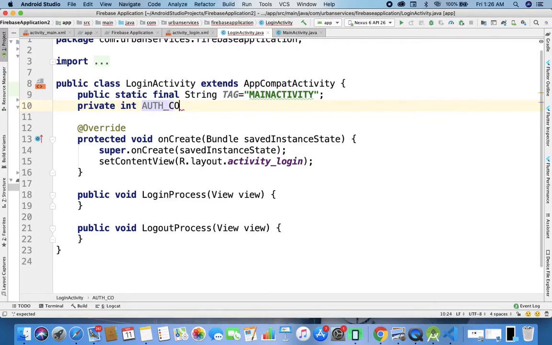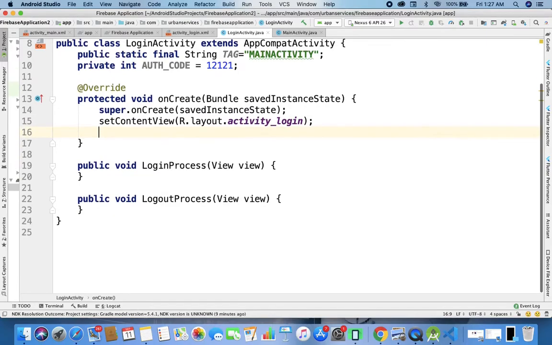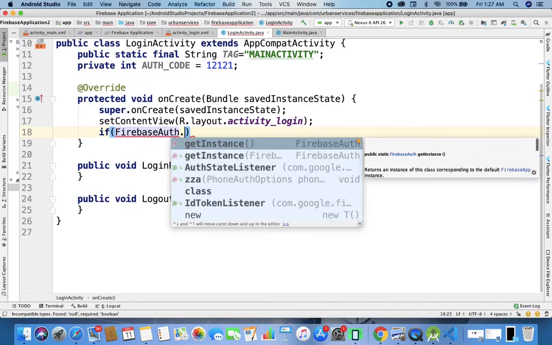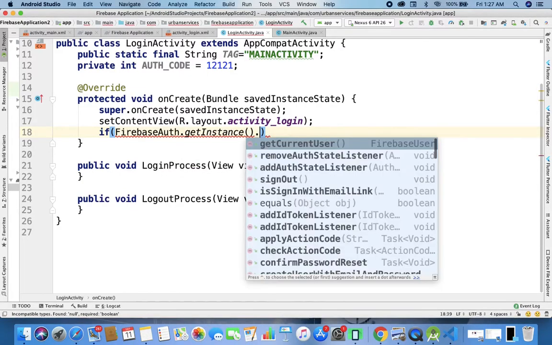So I just name it as auth code and put a random number, 1 1 1, and yes. So now this is our login activity. Inside this, you've seen that the tag needs to be named as login activity, and then in the onCreate function you again have to check this auth condition: FirebaseAuth.getInstance().getCurrentUser()